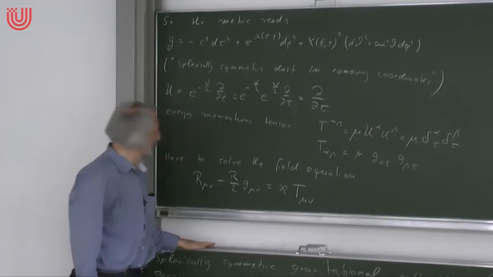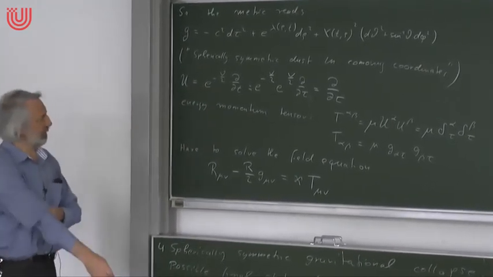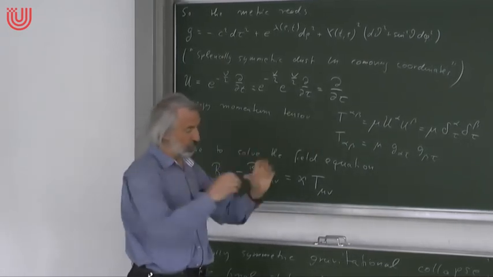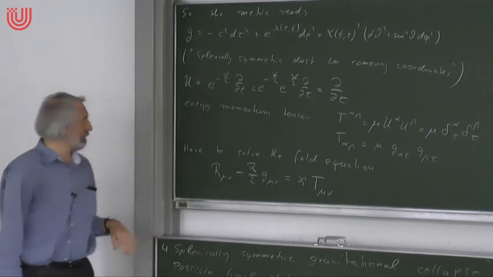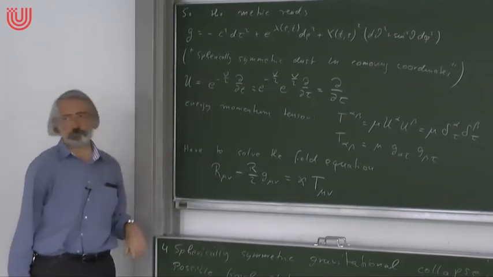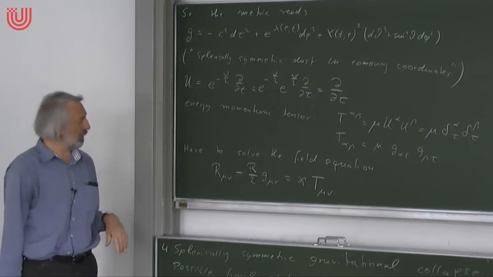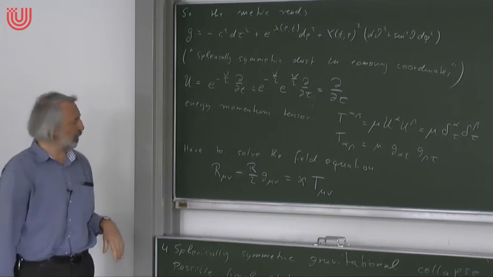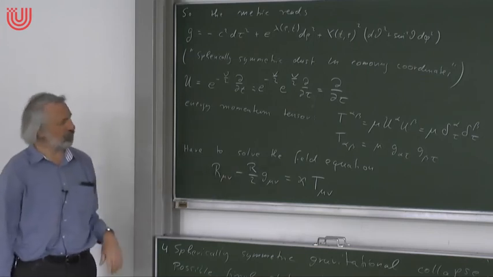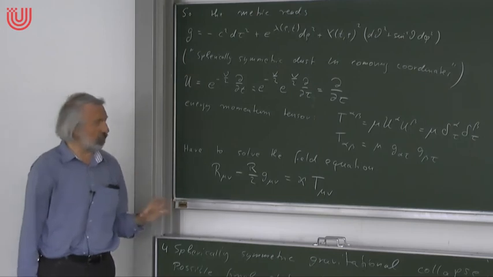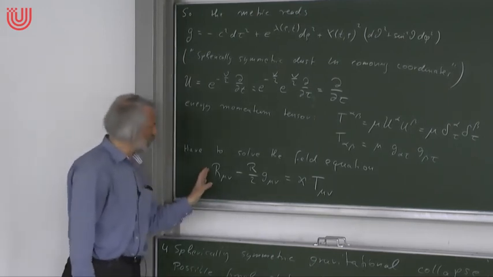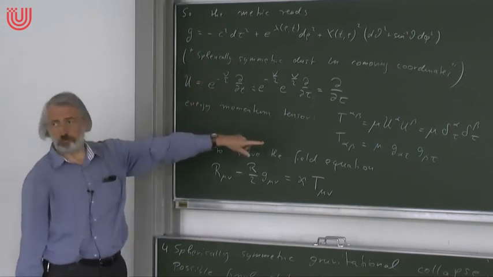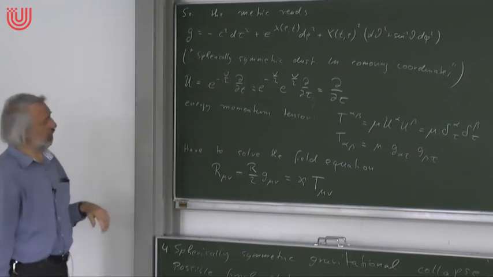So now the calculation starts, and this is actually when Oppenheimer and Snyder did this calculation, they were the persons who calculated this collapse first in 39. They were in the lucky situation that this case of the field equation was already solved. It had been done by Richard Tolman 4 or 5 years before. So they could just take the solution from the Tolman paper and adapt it to their case. So what Tolman had found in 34, I think, was a general solution to this equation under the assumption of spherical symmetry for a dust source. So this is called the Tolman solution of the field equation.